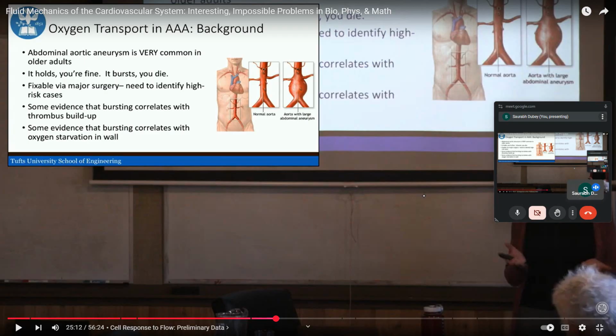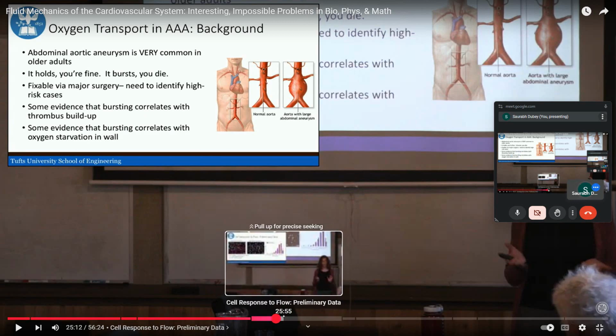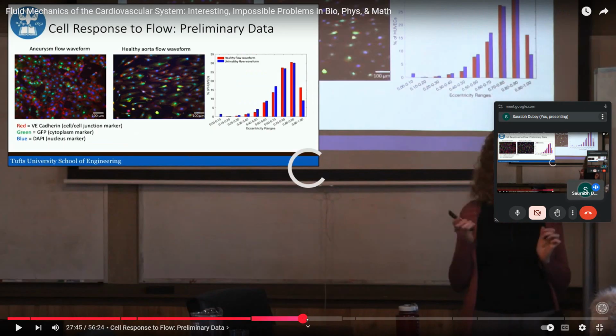Flexible via major surgery, the high-risk cases need to be identified. There is some evidence that bursting correlates with thrombus buildup. There is also some evidence that bursting correlates with oxygen starvation in the walls. So thrombus can also lead to the bursting. Okay, and now